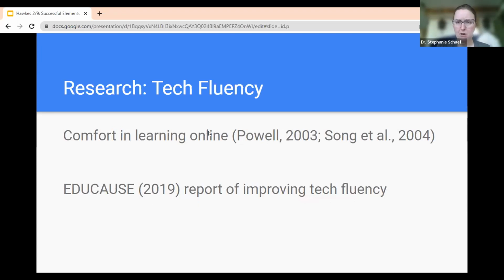Another big part of this is also the idea of technology fluency. And technology fluency can be quite broad in some ways, but I considered it as the ability of having that comfort of being online and being able to navigate correctly to the learning management system, and that type of fluency. As you can see, in 2003 and 2004, both of these researchers mentioned that comfort of being online is such an important component, like that ability to